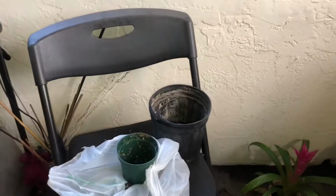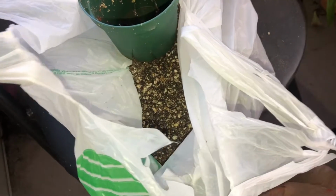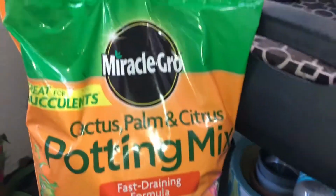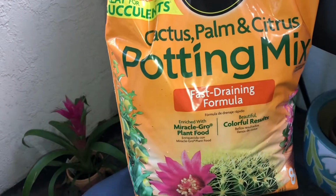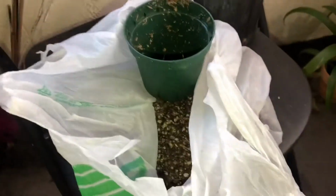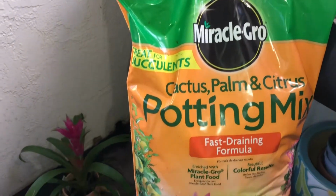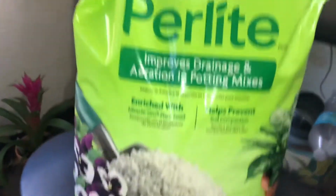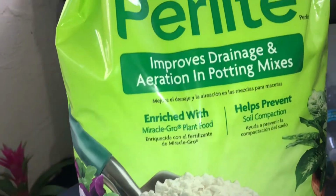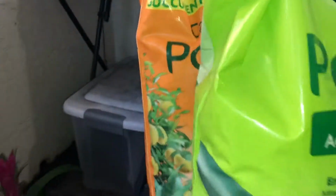Hey guys, I actually forgot that I needed a little more to go inside this soil mix. So I ran to my local Home Depot and grabbed some potting mix, cactus, palm, and citrus potting mix. I picked up just a small bag, which is fast draining for the adeniums, as well as a bag of perlite, which is the aeration little styrofoam balls that are also mixed in the soil to assist with extra drainage. So when I mix the potting soil and the perlite,